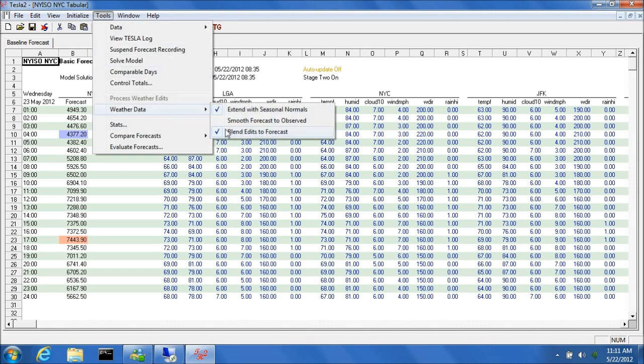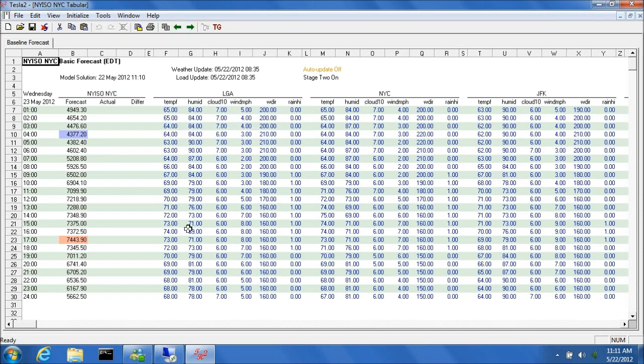Go to the weather data, clear the Blend Edits to Forecast menu option, and now let's go in and change the daytime high at hour 16 to 70 degrees, and let's change the relative humidity to 80% for those two entries only. Again, click on the Solve button,